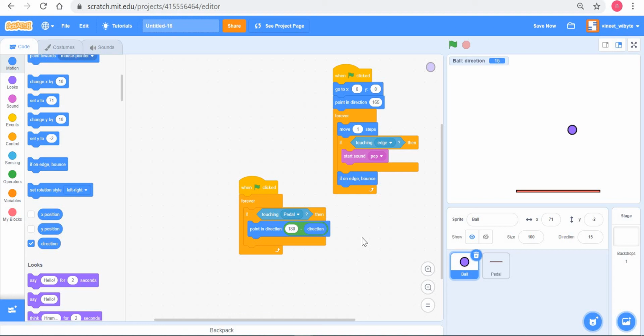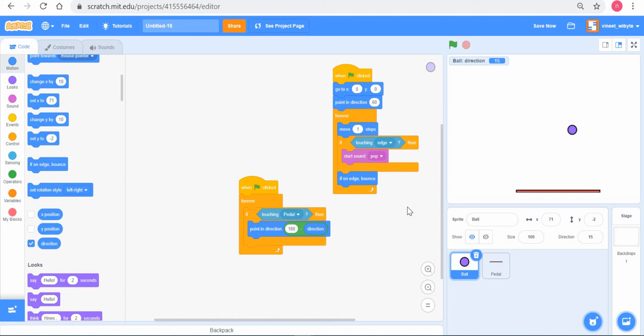So let's just recap. Direction in a sprite in Scratch is always given with respect to the vertical line. If you know angles, very good. It's basically the angle between this ray and this vertical line. If you do not know angles, do not worry, look at the arrow. The arrow is telling you where the ball is headed. That's the one concept.